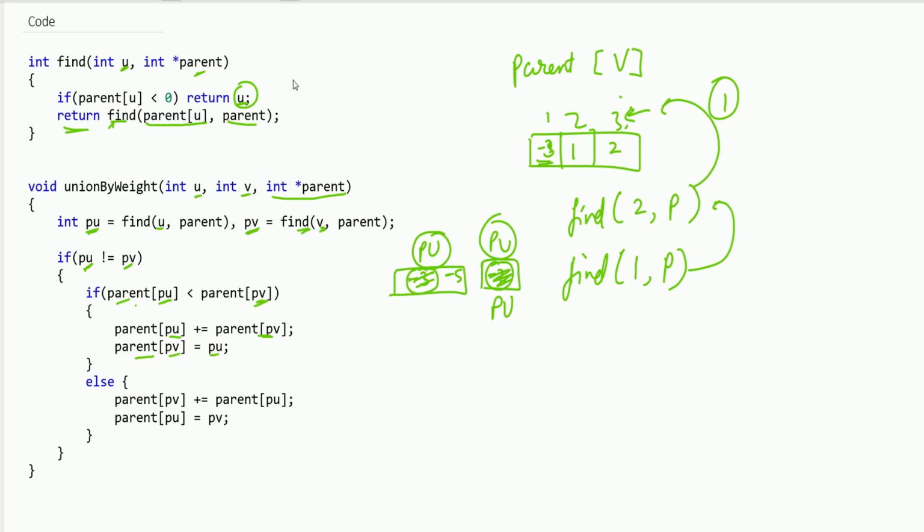So I have not written the code of collapsing find, that you can find on your own how it can work. You just have to call the collapsing find, and when it returns something, you just have to do some operation there and it will be done, right? You can try it on your own.